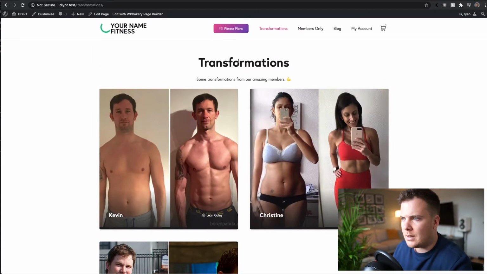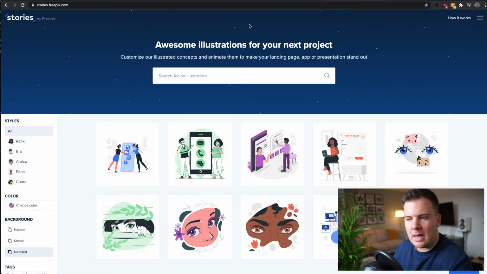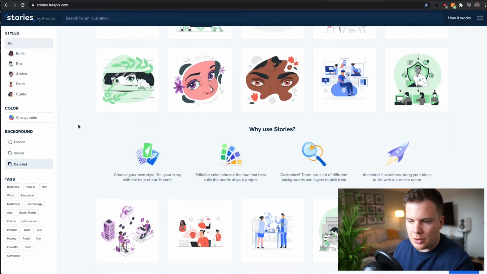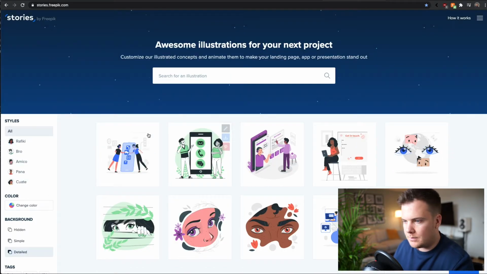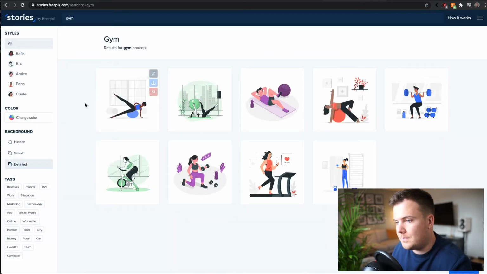Okay, let's go and make some of those nice illustrations that do look quite professional on the website. So I've actually got a link here. Right, okay. So like I said earlier, this is going to be linked in the description. This is Stories by Freepik. So if you want to make great illustrations, there are all types in here, and they're all free, which is obviously great. You can search in here, so say, maybe you want to say gym, and then